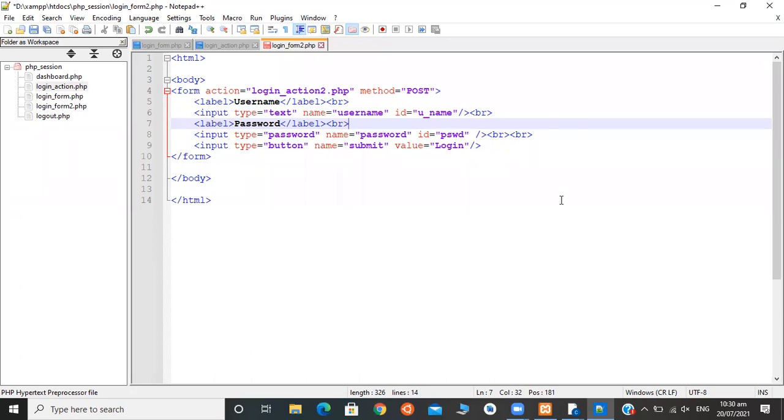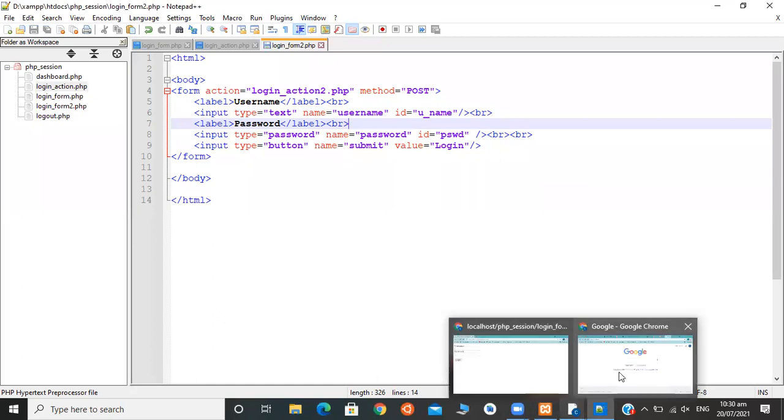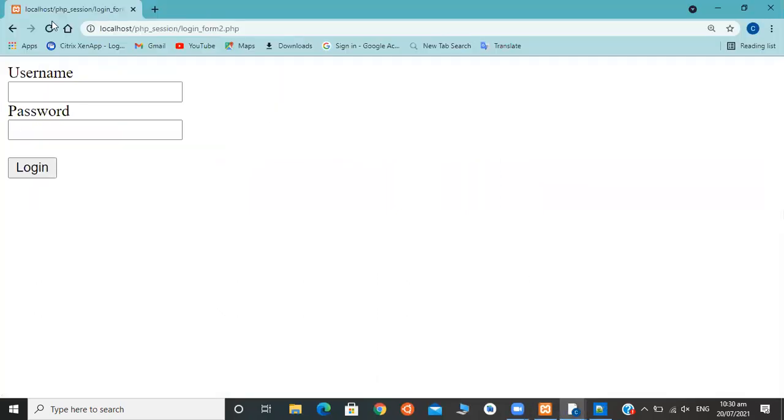So we'll see how it works. Save it. Okay. Login. It's not doing.